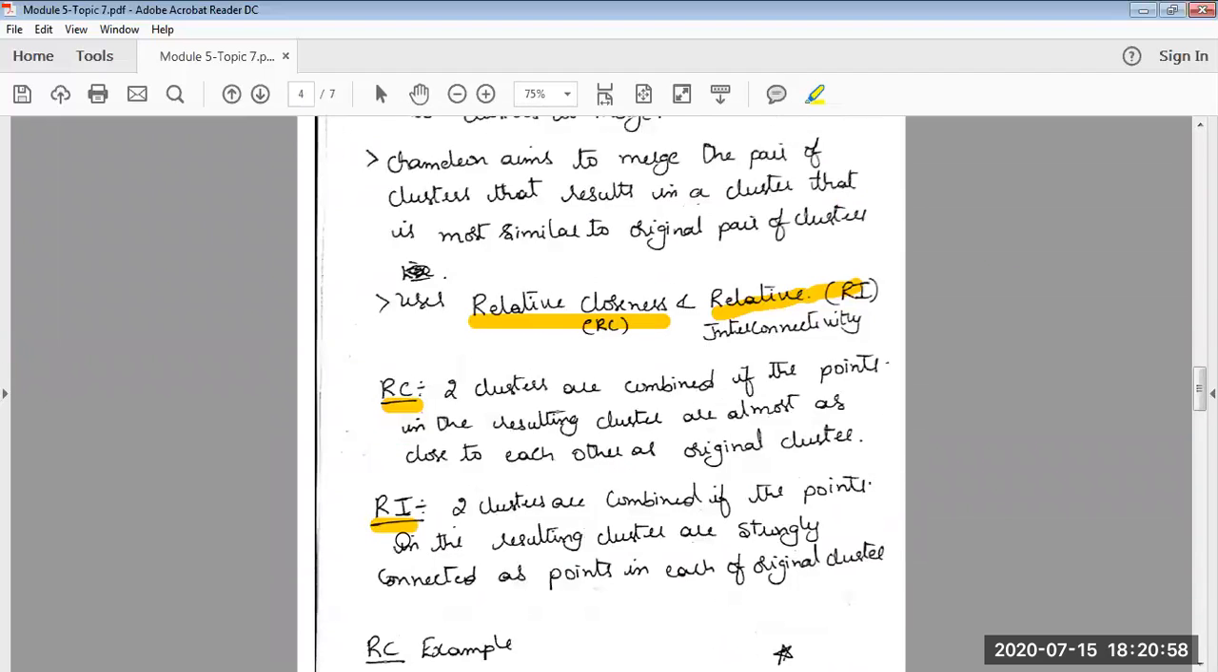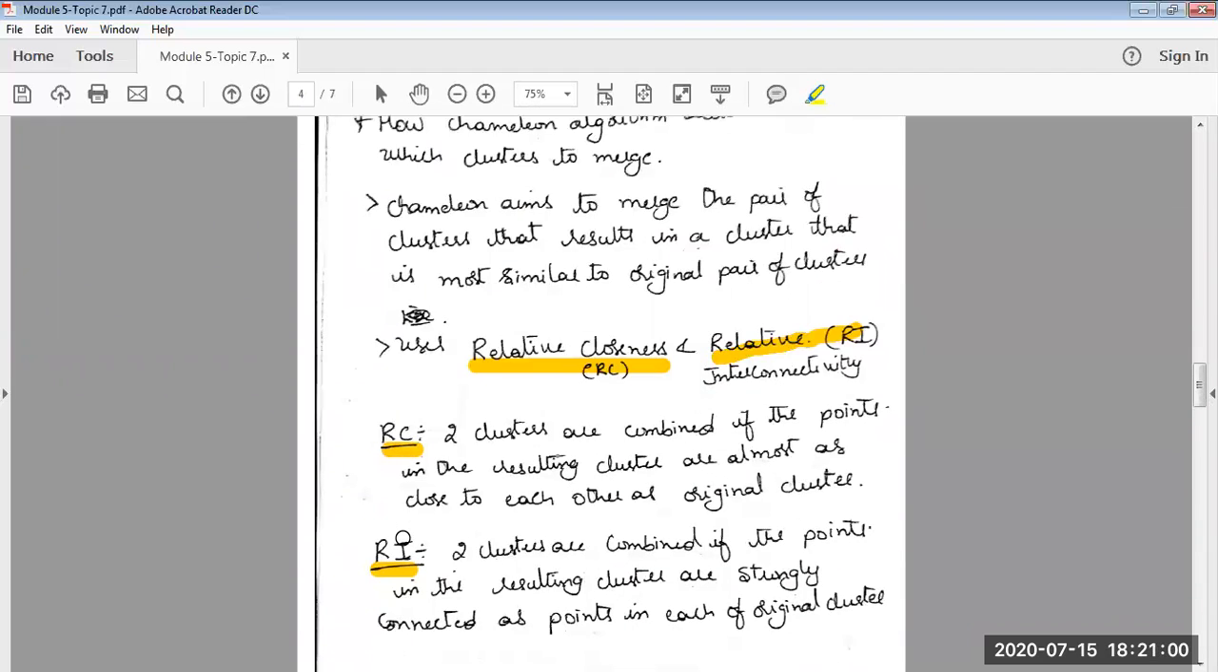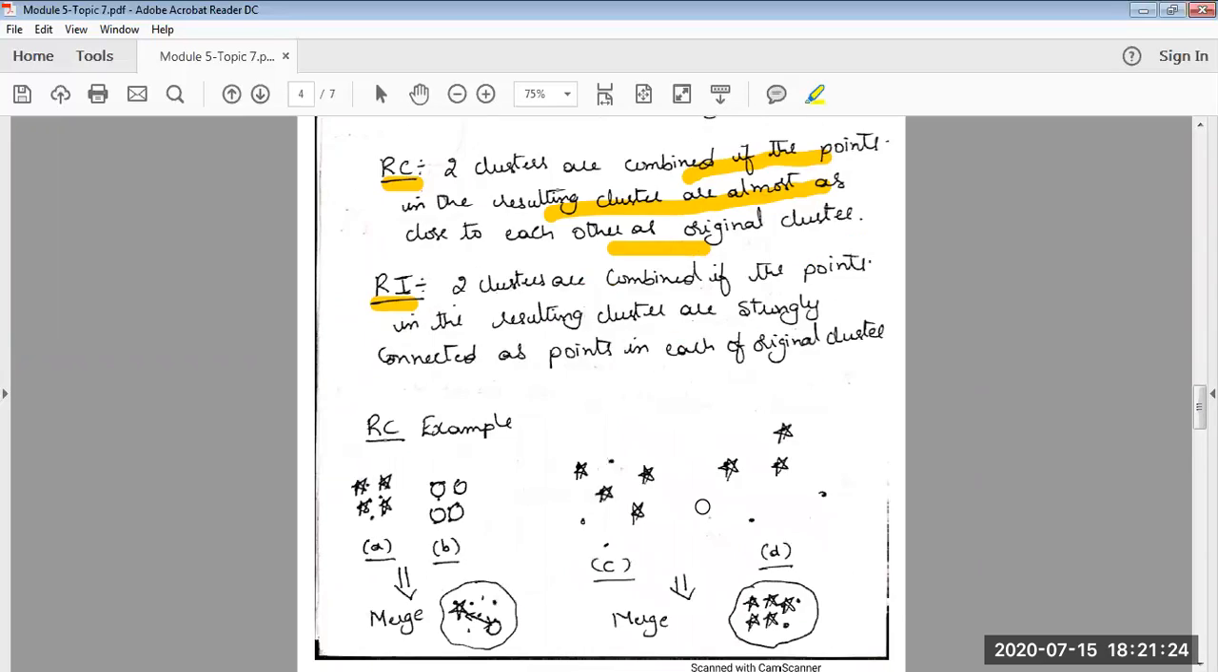Now, how exactly does this Chameleon algorithm work? What do you mean by these two terminologies, RC and RI? First we will take up RC. What does RC define? RC defines that two clusters are combined if the resulting cluster is almost the same as the original cluster. For example,